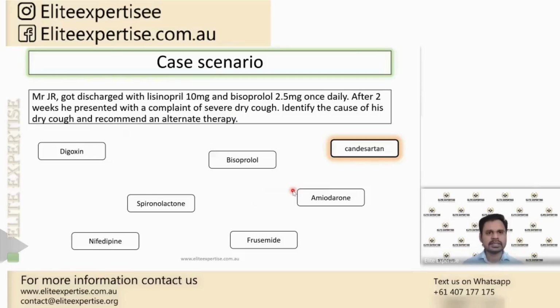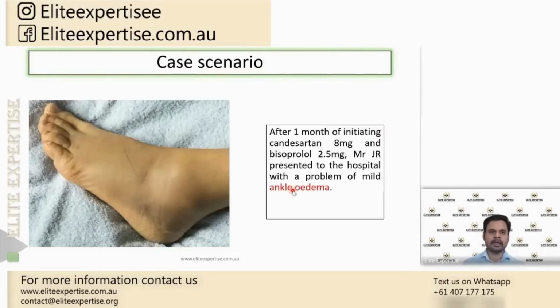So we are not concerned much about the other medications, because we are not going to change or touch the other therapy of the patient. We are mainly concerned about the current therapy, that is heart failure therapy. So the patient is on candesartan and bisoprolol. Now, what happened? After 1 month of initiating candesartan 8 milligram and bisoprolol 2.5 milligram,